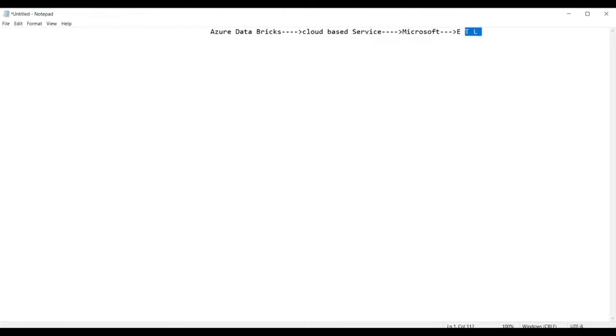So now, guys, what do you mean by ETL? ETL stands for, already I told you yesterday, what? Extraction, transformation, and loading. This process of extraction, transformation, and loading is a process of what? Data summarization.